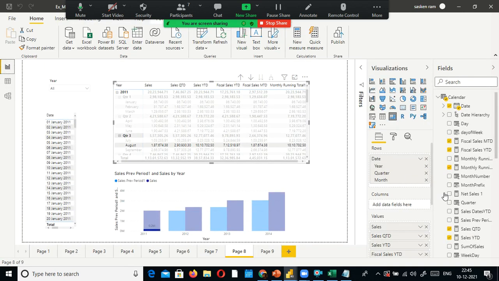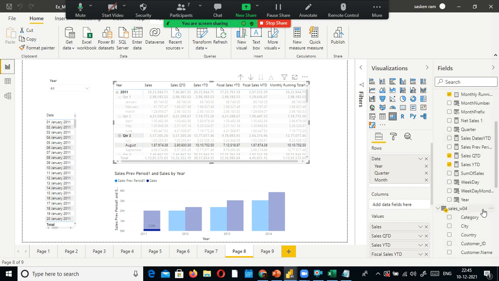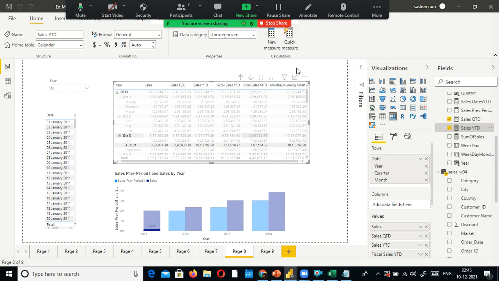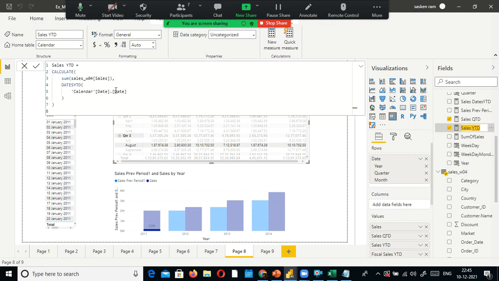Okay, the same thing. I will just check only that year to date part. Why is the date not coming? Dot date is a separate option. Let us just look at this sales. Same thing, everything is the same. The only thing is this date is not coming there. So in the calendar date, you need to use this one. That's the only thing you need to do.